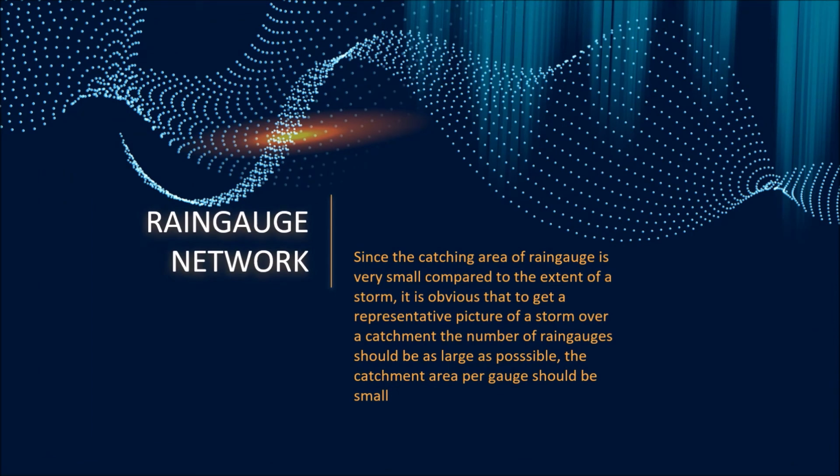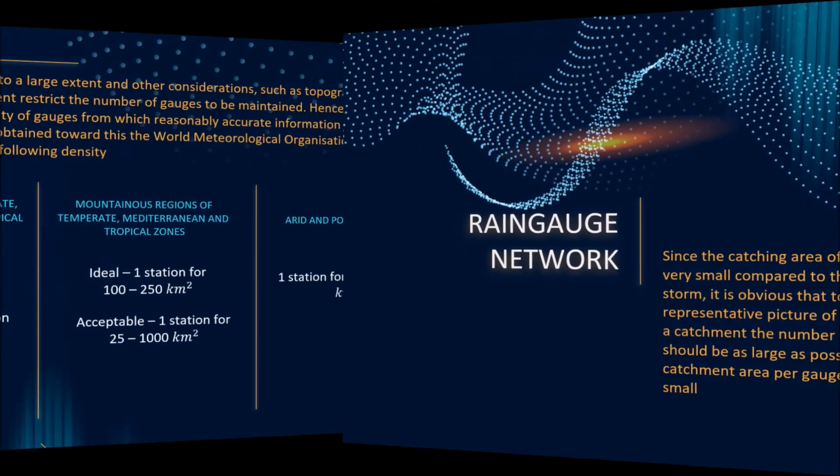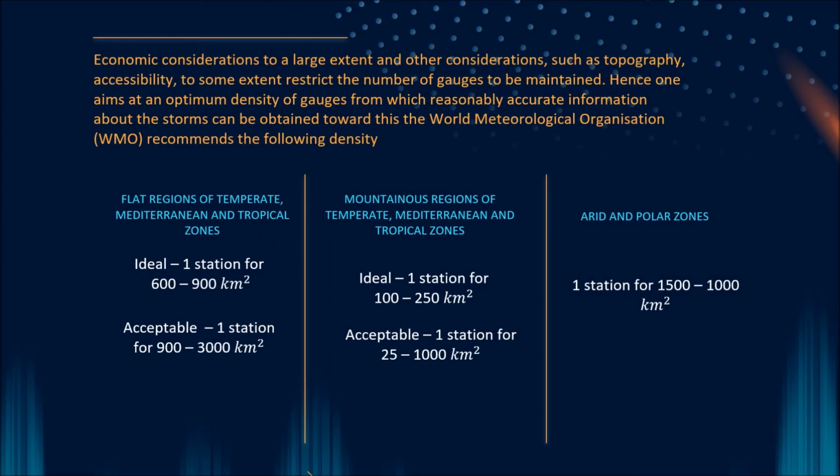Raingauge network. Since the catching area of a rain gauge is very small compared to the extent of a storm, it is obvious that to get a representative picture of a storm over a catchment, the number of rain gauges should be as large as possible. The catchment area per gauge should be small. Economic consideration to a large extent, and other considerations such as topography and accessibility to some extent, restrict the number of